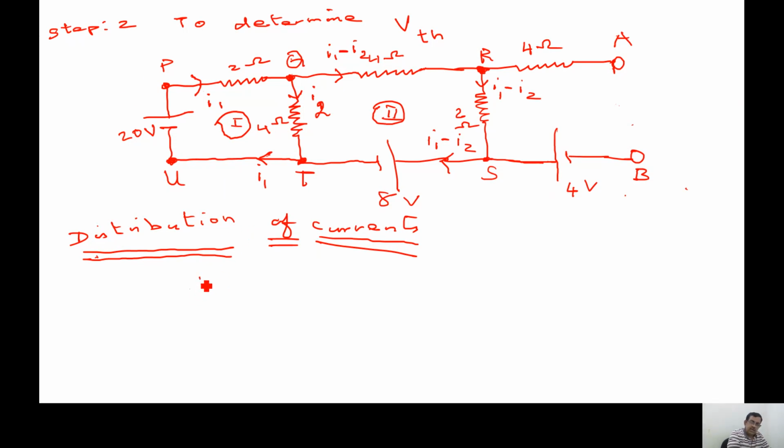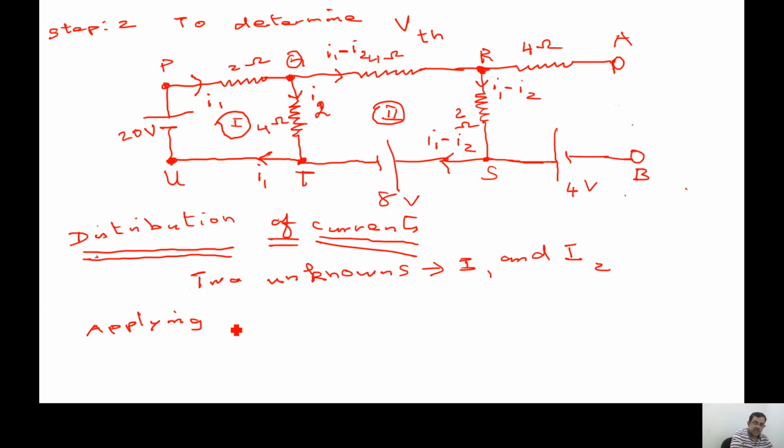So we need to determine this current. How many unknowns are there? We have 2 unknowns. We have many loops: in this case 1 loop, 2 loop and then 3 loop. We have 3 loops, but we need to determine only 2 unknowns. What are they? I1 and I2. You will understand why I have to find this current before we go to VTH shortly. So applying KVL analysis,